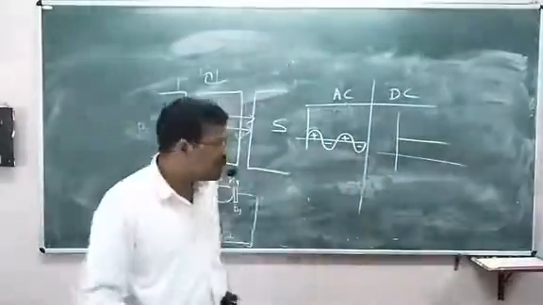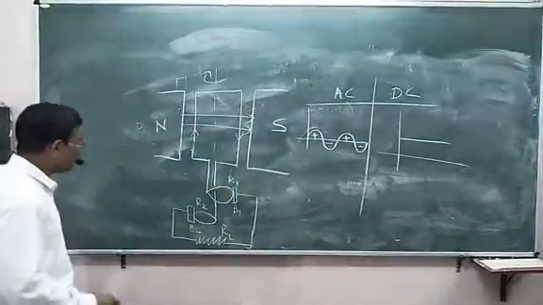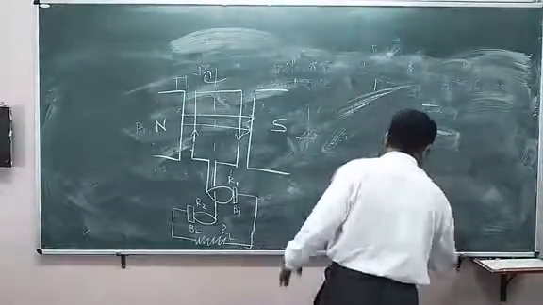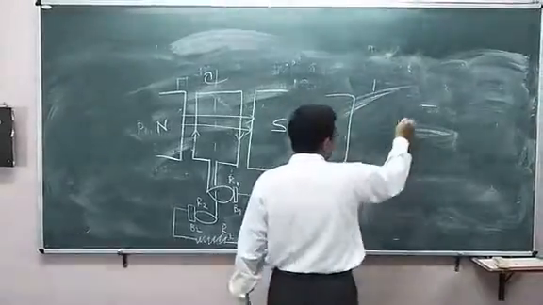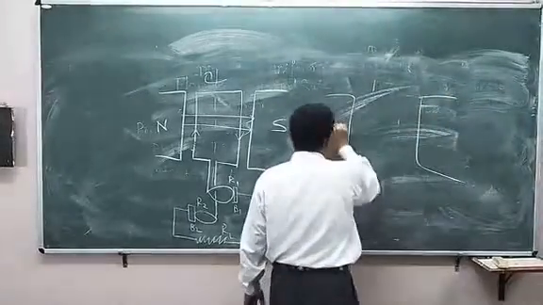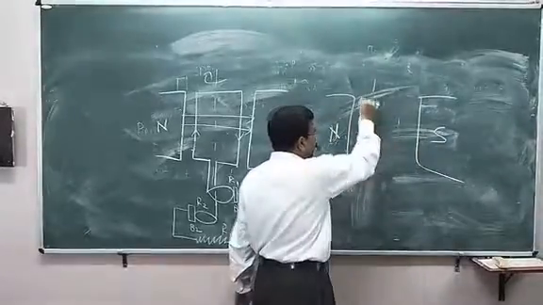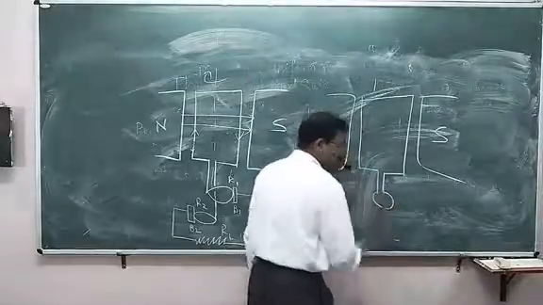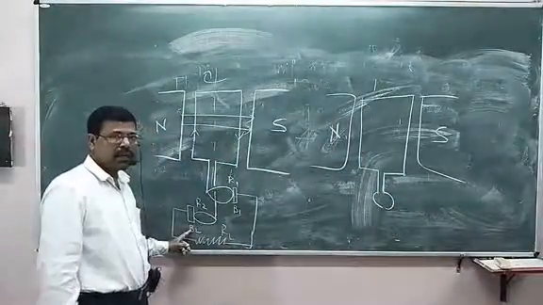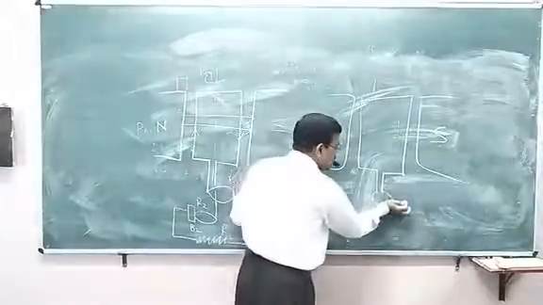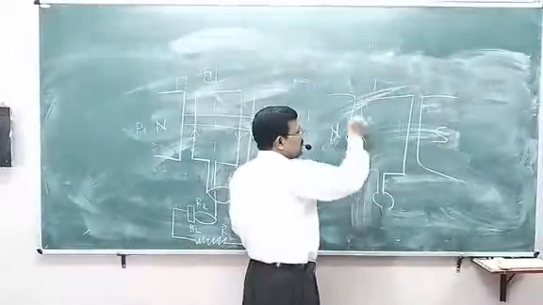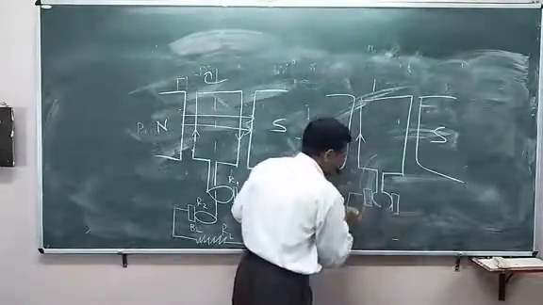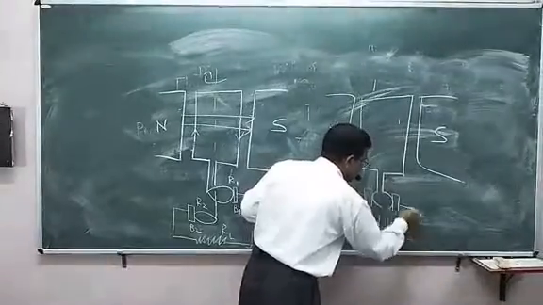What are the differences between AC generator and DC motor? Look at the diagrams here. Same, two magnetic pole pieces are there, north and south, and there is an armature here. Only the difference here is commutator is there, here slip rings are there. Commutators are used here to maintain the same direction of current all the time. And of course, carbon brushes are used here, and a source of electricity, a battery, is connected here.